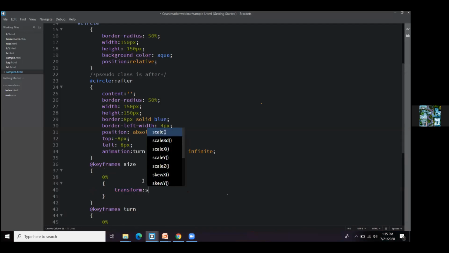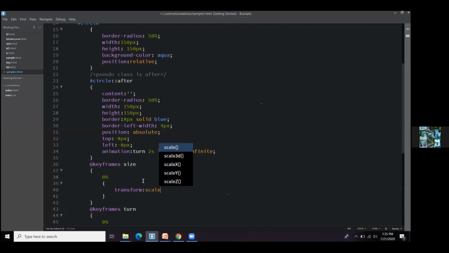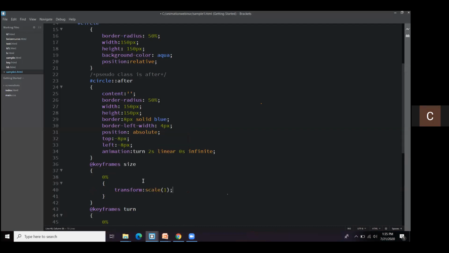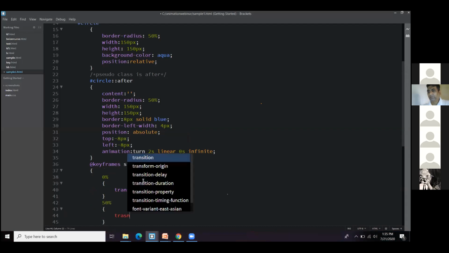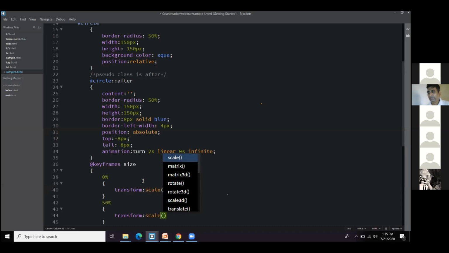And in order to change the size, we have an option called scale. Initially, my scale should be 1. 1 means normal. And then at 50%, at the mid of the frame, I have to increase its size. So I'll write scale of 1.2.